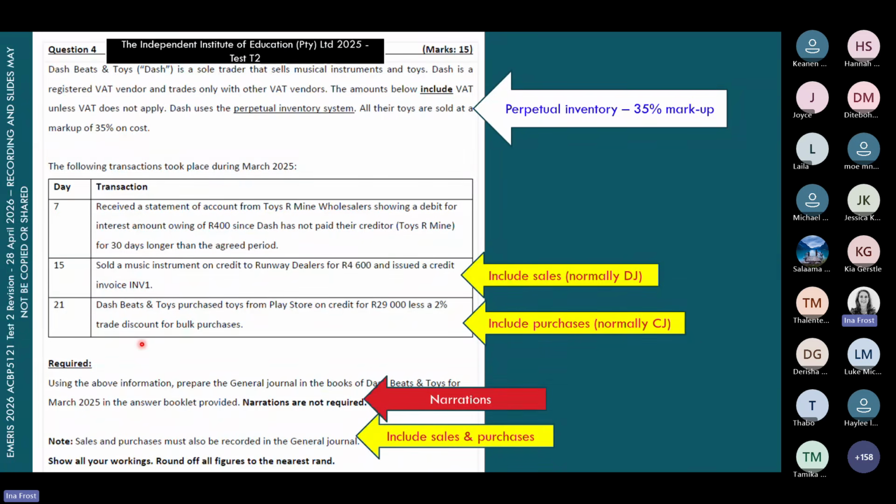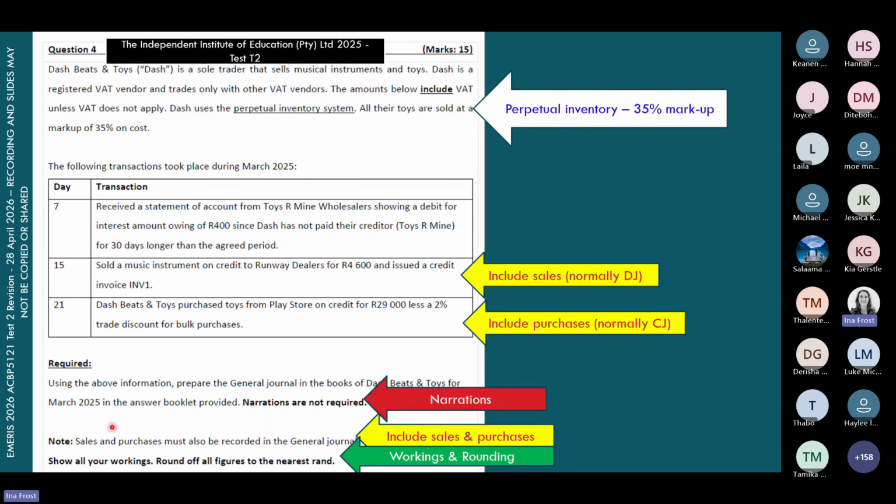So this is why it's so key that you have to read your required, and you really have to read it with that magnifying glass that I always show when I show the required, because otherwise you might miss out on little things like this, and you might think, oh, okay, I only need to do transaction number 7 because they're not asking to do a debtors or a creditors journal. So please make sure you are really going through all of this information.